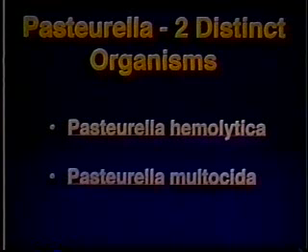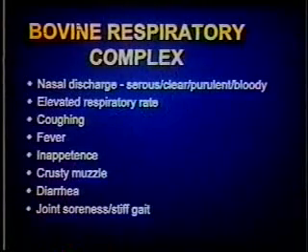In the genus Pasteurella, there are two organisms that we should consider: Pasteurella hemolytica and Pasteurella multocida. I should point out at this point that there has been a recent change of the generic name of Pasteurella hemolytica, and the new generic name is Mannheimia, but we will refer to these two organisms today in the genus Pasteurella. Primarily a syndrome in the bovine respiratory complex that I mentioned when I mentioned the genus Haemophilus, and characteristically